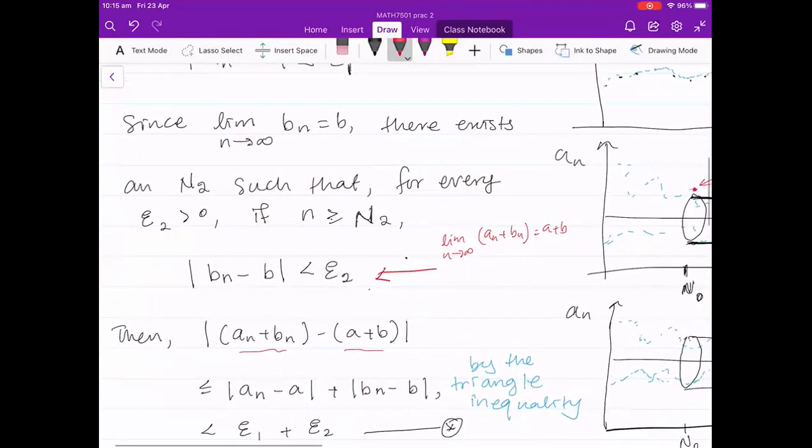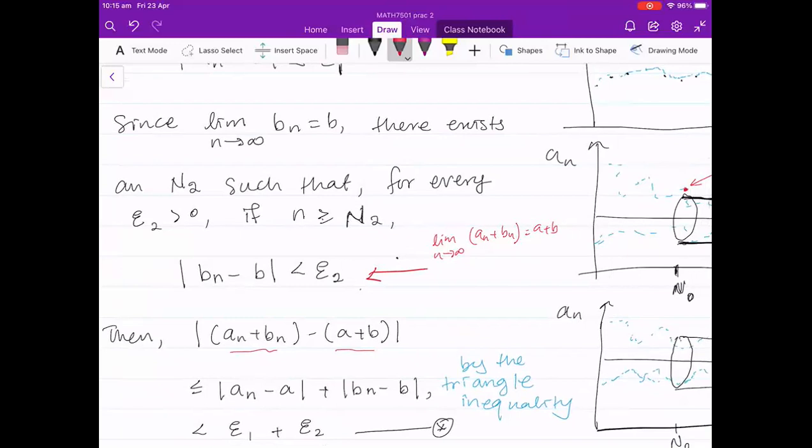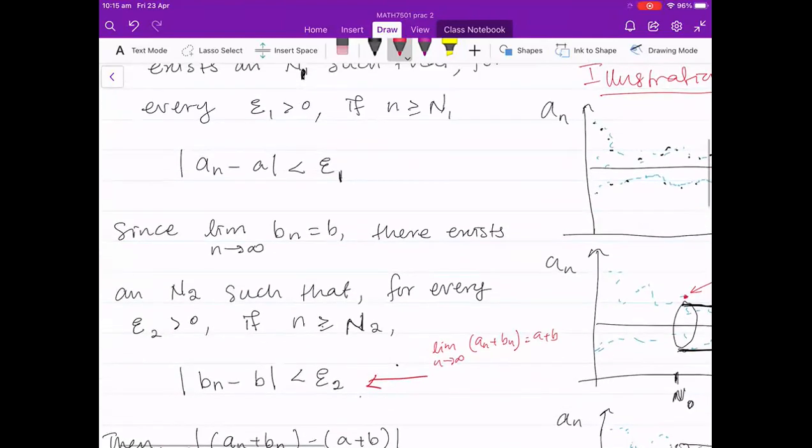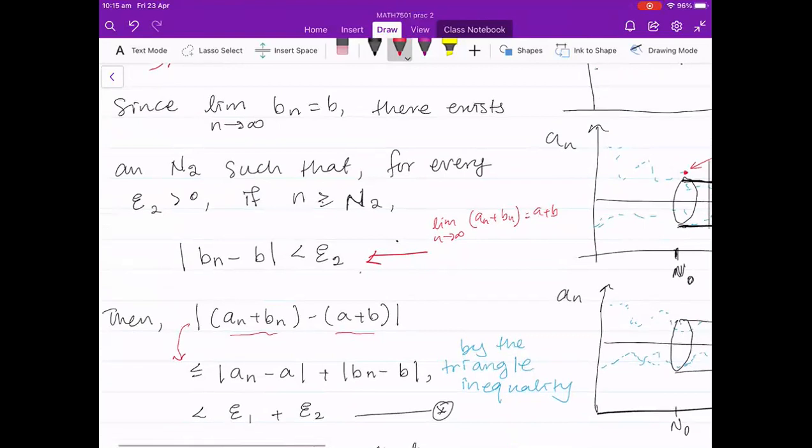So the second step is using the triangle inequality. We can go from here to here. Then because an minus a is like we have defined it here, we can use that as less than epsilon 1 plus epsilon 2. But remember, we want something like this: an plus bn minus a plus b less than epsilon